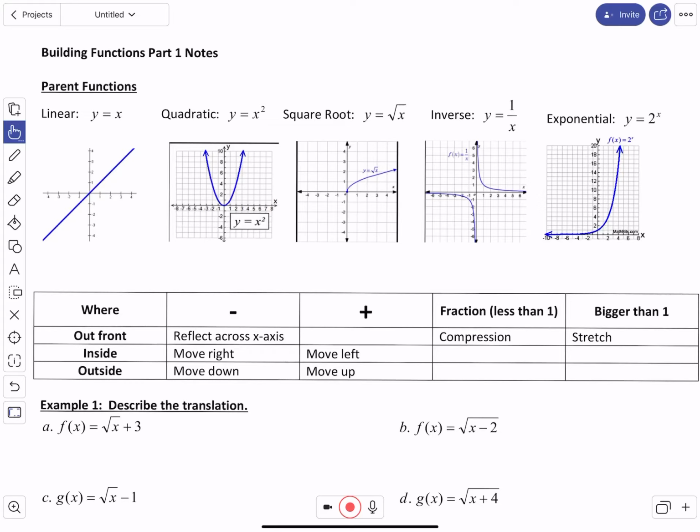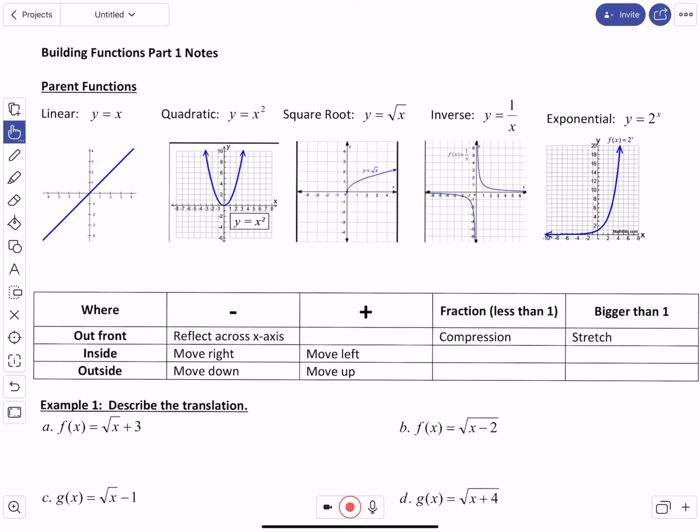Building functions, part 1. The first thing at the top of this page you see are the parent functions. Now what this means is we have a set of functions and their graphs before anything is done to them. So a linear function that you learned about in Math 1 is just y equals x, which is a straight line. And when you see the straight line, when we start doing things to it, your slope could be changed,